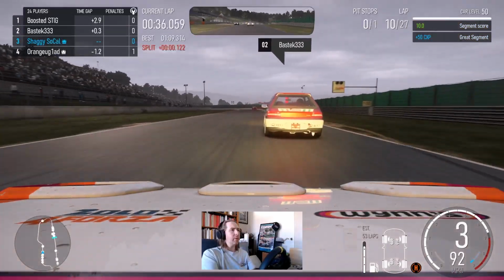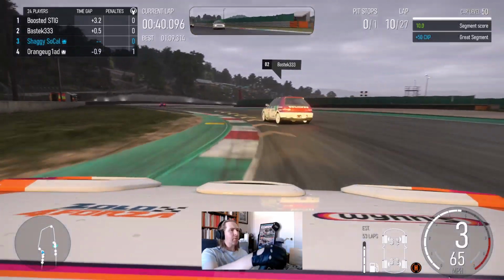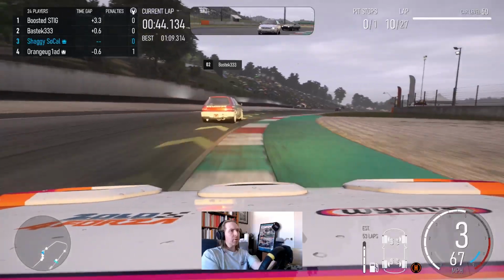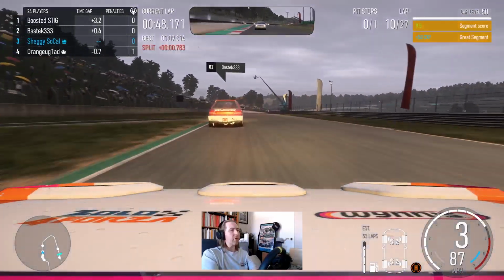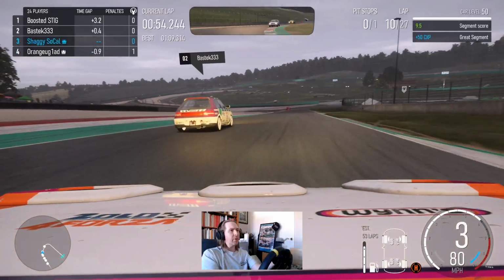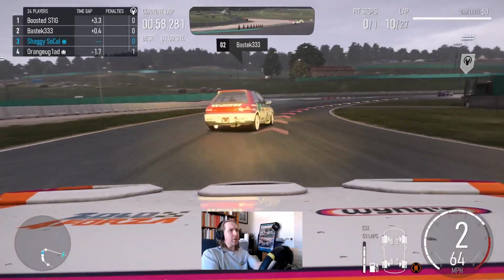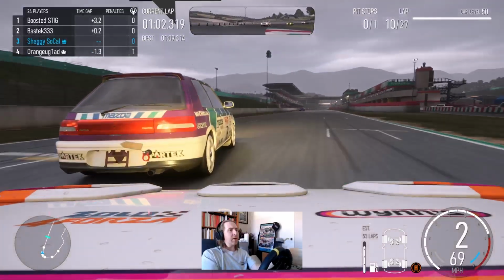Got a little bit of a run, but not enough to pass here. So it's really just going to be, does he go wide here out of this corner? Took a normal line, but I just didn't have a good run there. So we'll just try and set up a little early, just kind of set up for the final turn on the front straight and maybe get a draft. But if you slide the back end,